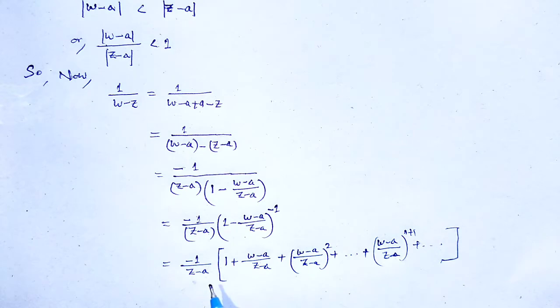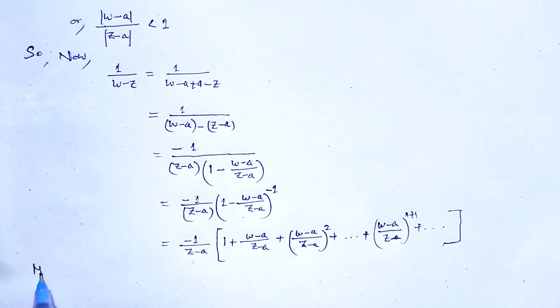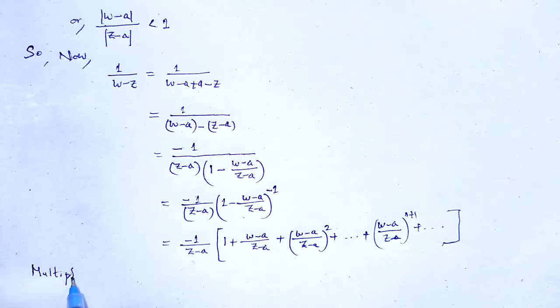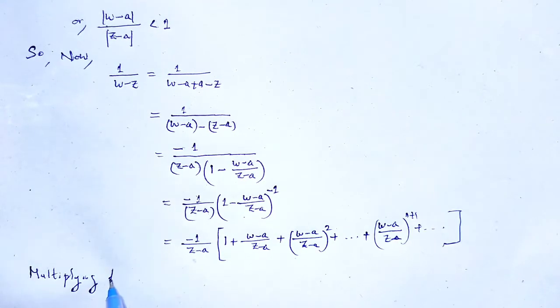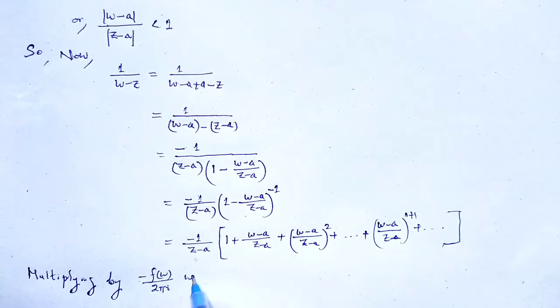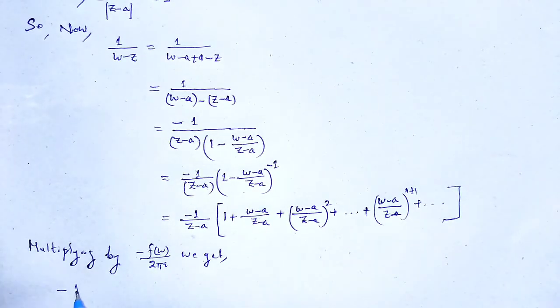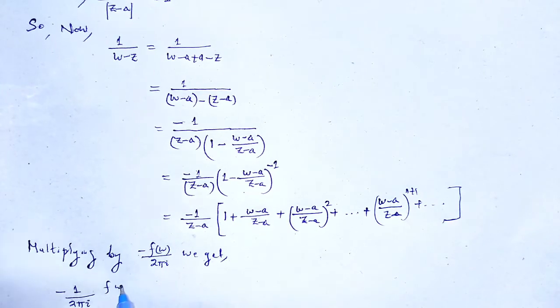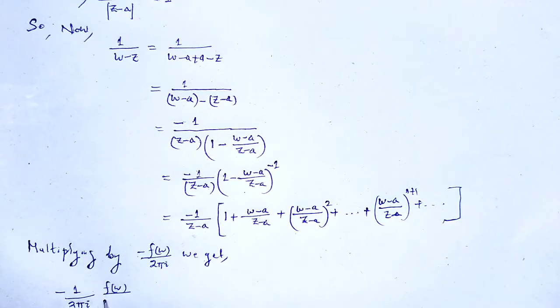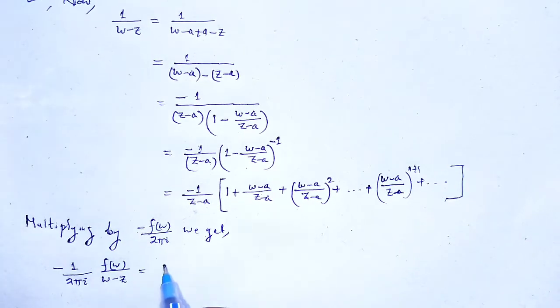Now multiplying by minus f of w divided by 2 pi i, we get minus 1 divided by 2 pi i, f of w divided by w minus z, which is equal to